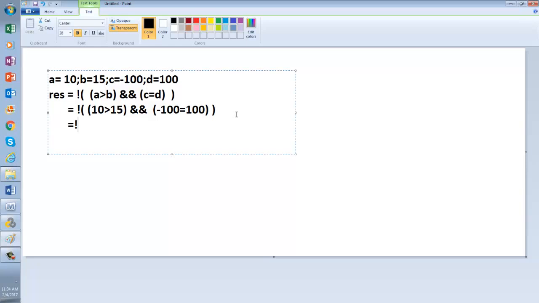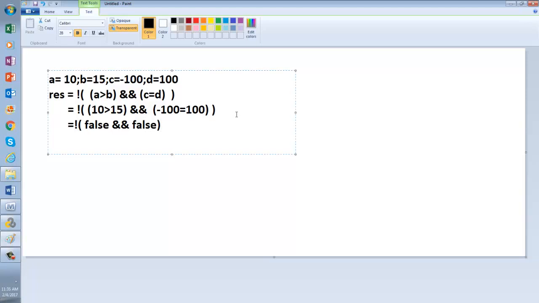Again you put the not, and you put your first parenthesis. 10 greater than 15, the result is false. And negative 100 equal to 100 is false.